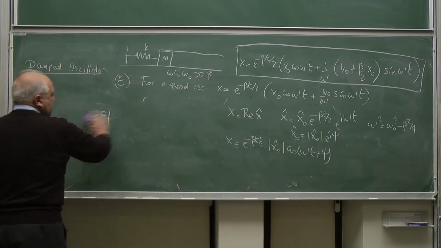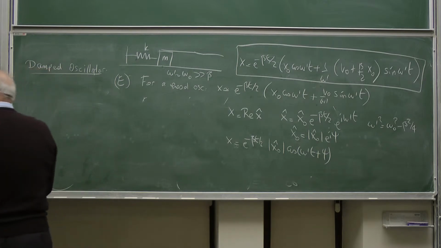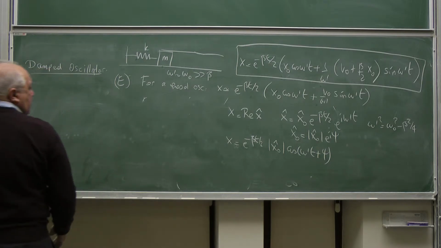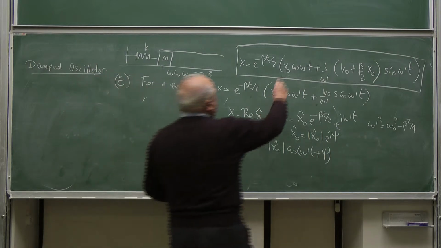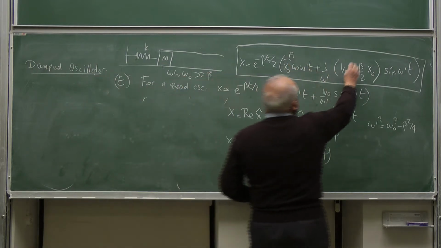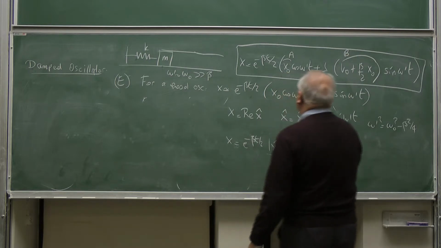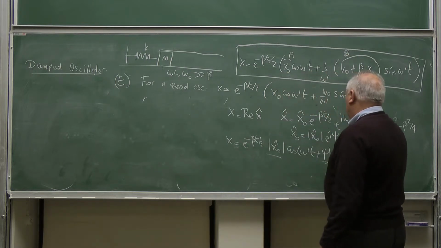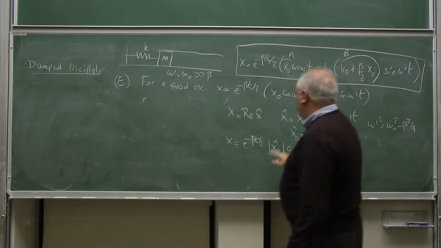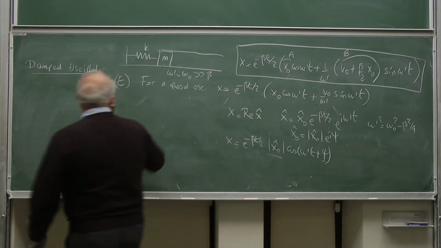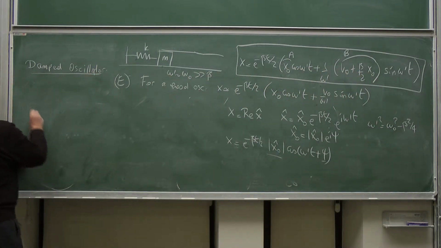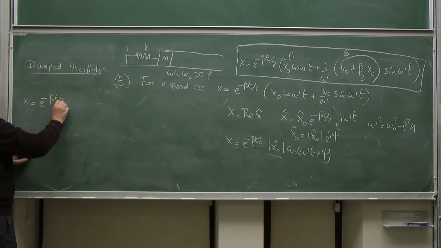Let me erase these. So the question is, this was A, remember, A, and this is B. What is the relation between x0 magnitude and psi? So if we simply open it up, the expression e to the minus beta t over 2